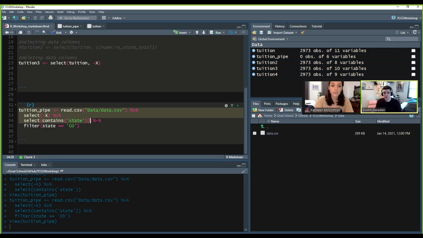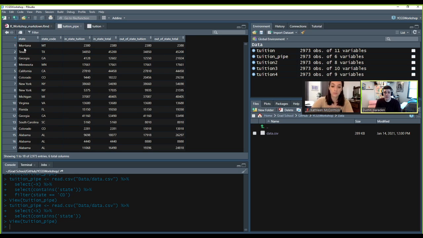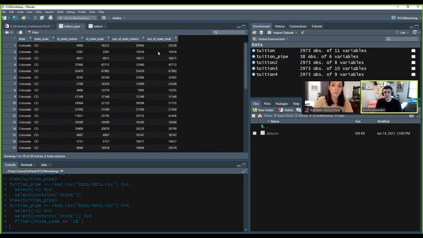So I'm just highlighting before the pipe operator of that last one, hitting Control Enter. So it only runs what I highlighted, and you can see everything is back. And the reason that things weren't going the way that I wanted was, if we look at tuition pipe, I was asking it to filter based on the state column when I should have been using state underscore code. So if we go back here and instead say filter open parentheses state underscore code and run that again, now you can see that tuition underscore pipe has only Colorado